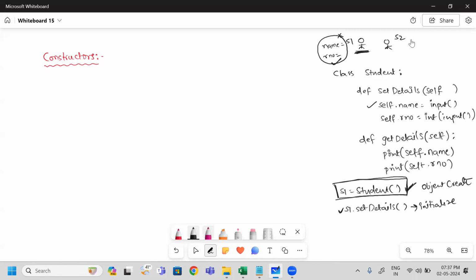Okay. So why we are using constructor? Constructors used to initialize. Initialize is nothing but assigning values to the state of an object. State is nothing but name, roll number belonging to student state. So if you go for pen, color of the pen, cost of the pen, those are the instance variables. So to initialize the instance data,